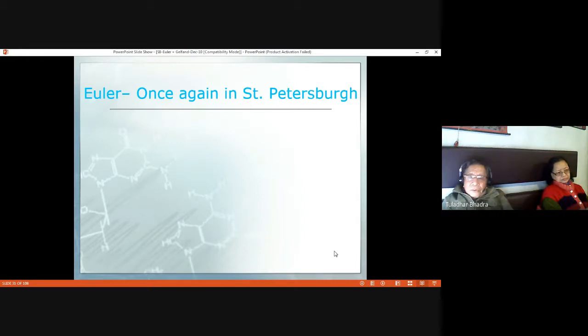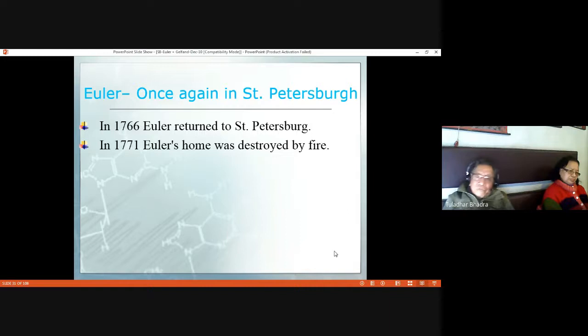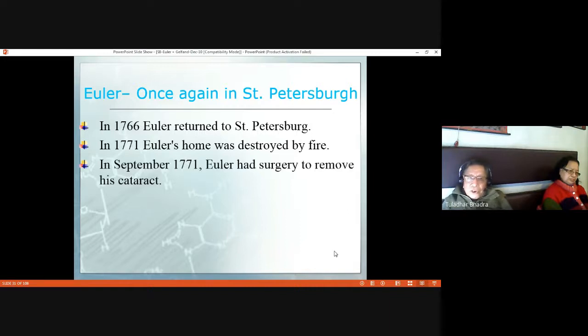He came back to St. Petersburg after one eye was gone. In 1766, Euler returned to St. Petersburg. In 1771, Euler's home in St. Petersburg was destroyed by fire. In September 1771, in the later part of 1771, Euler had surgery to